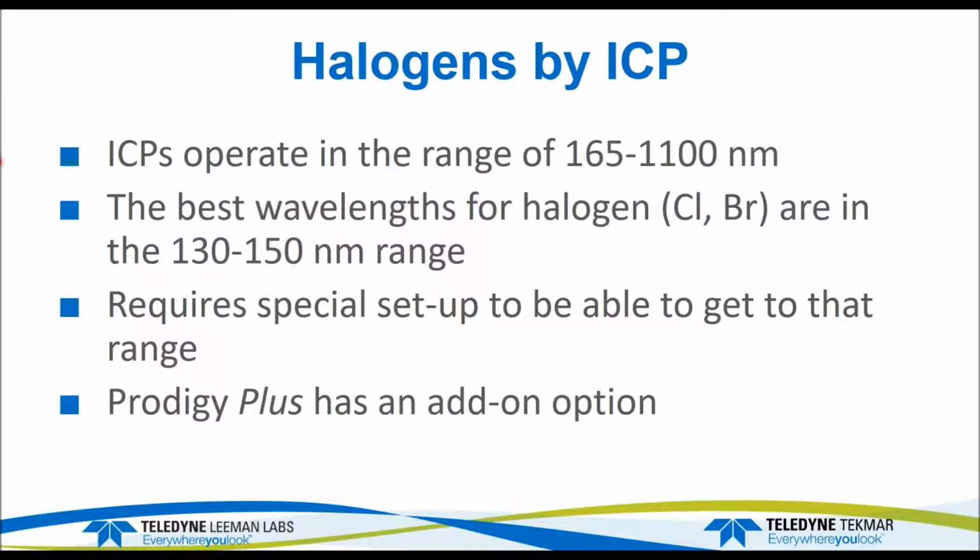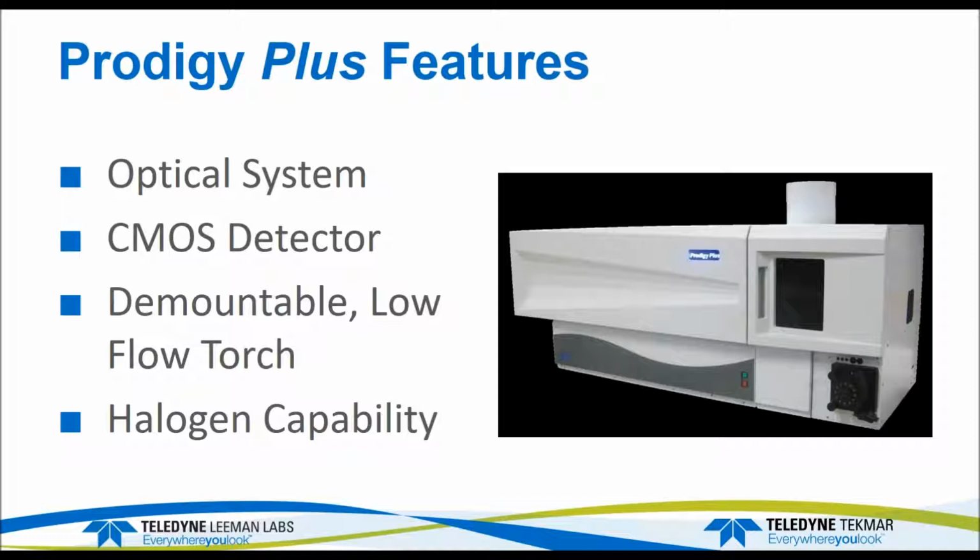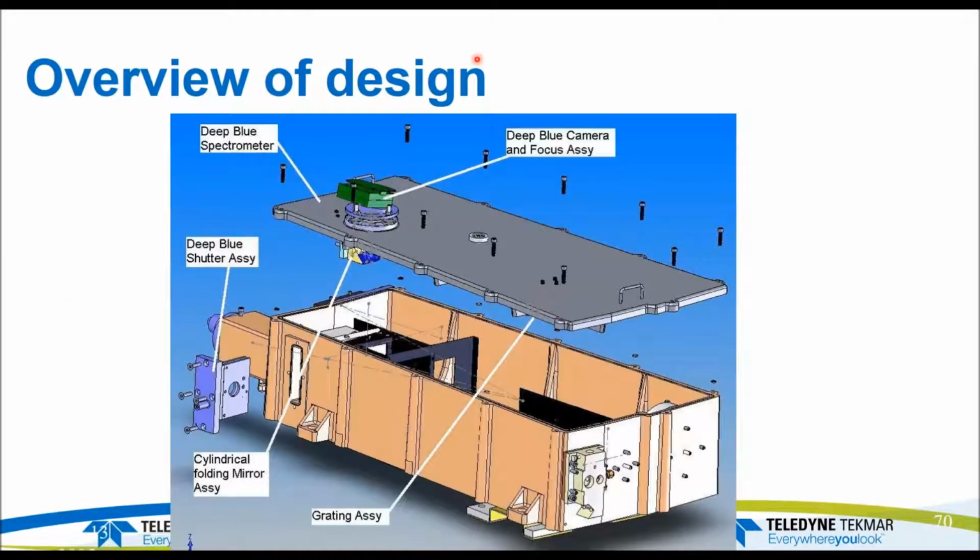ICPs generally operate from 165 up to 800, 900, or 1100, like ours do. Best wavelengths for halogens, chlorine and bromine, are in the 130 to 150 range. So you need a special setup to be able to get down to that range, and the Prodigy Plus instrument has an option for that. So what we do is we take our normal optical system and we mount a camera,